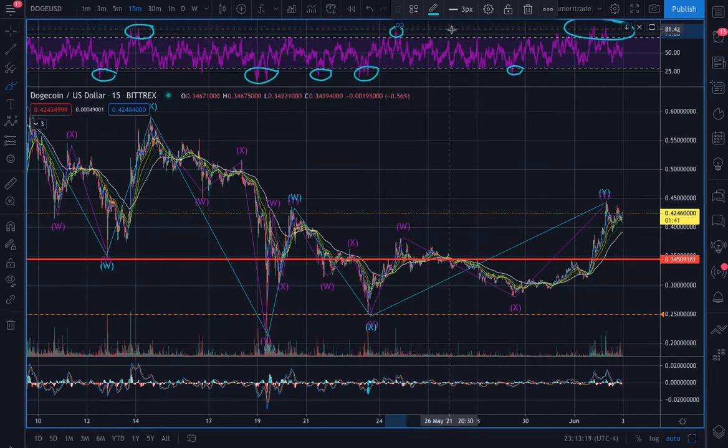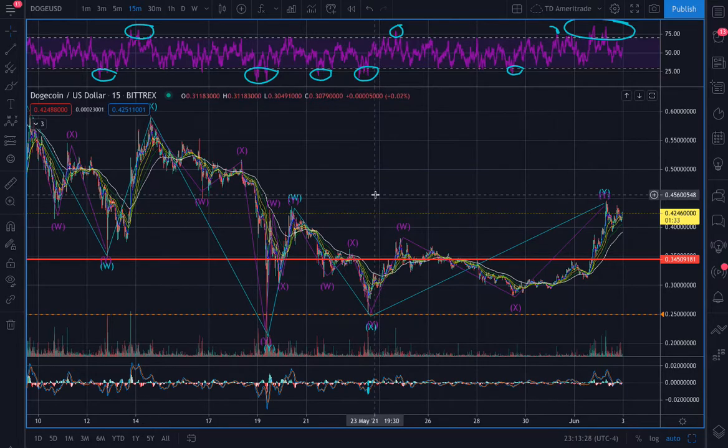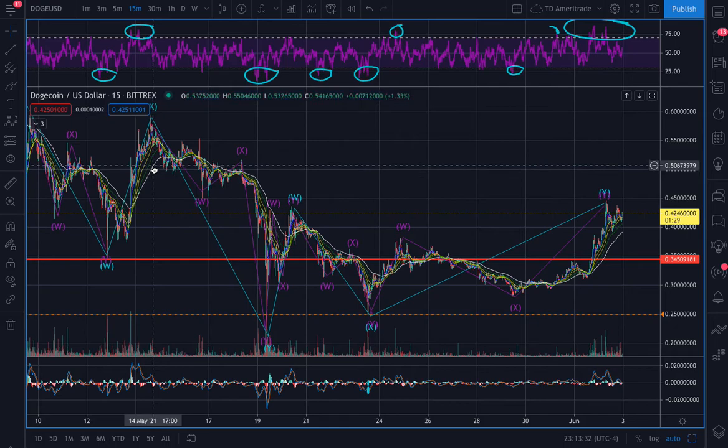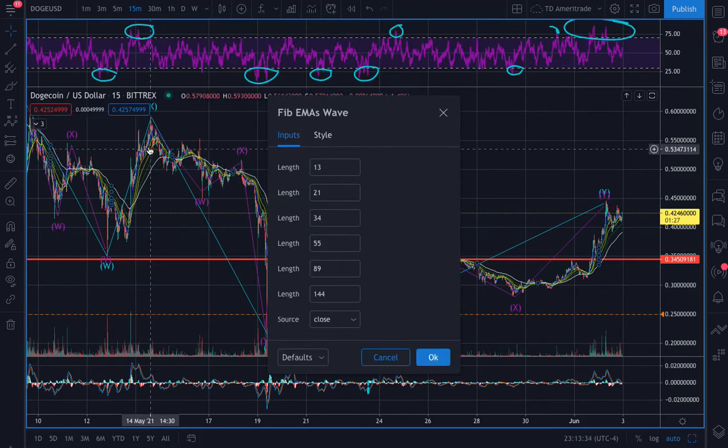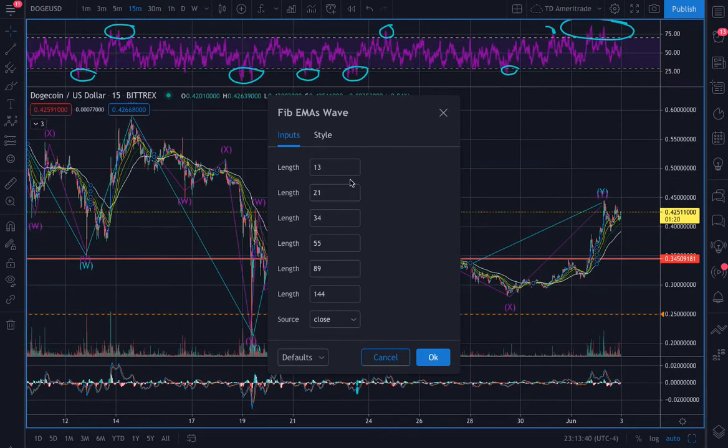Now it's not perfect. It's not perfect, and that's why I try to count the Elliott waves. And also you can trade on the moving averages. See this? Those rainbow of lines in between. These are the Fibonacci moving averages,